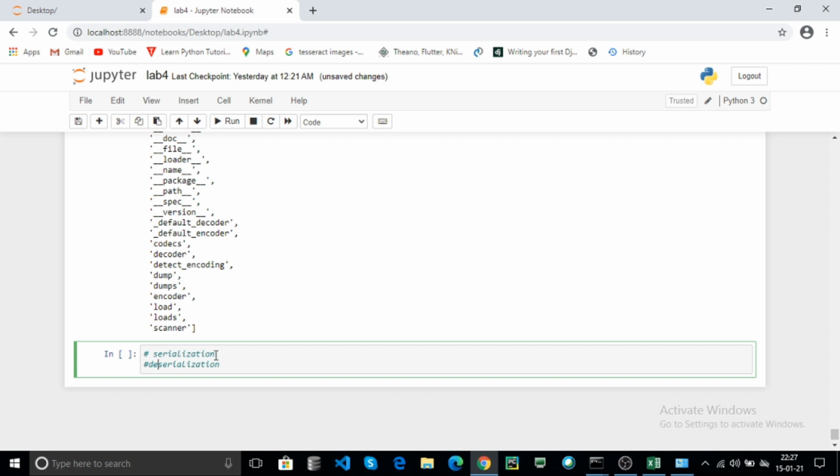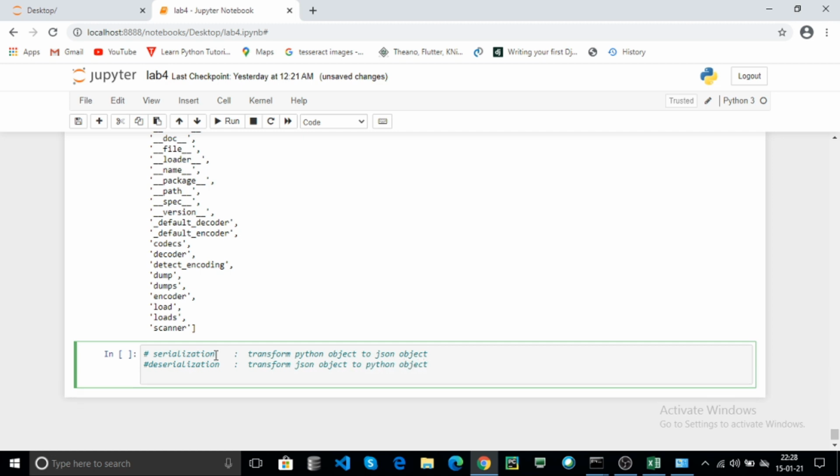Now what is serialization? Transform Python object to JSON object. Now what is deserialization? Transform JSON object to Python object.